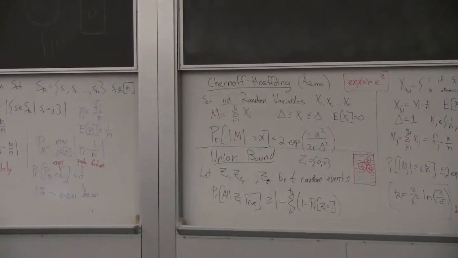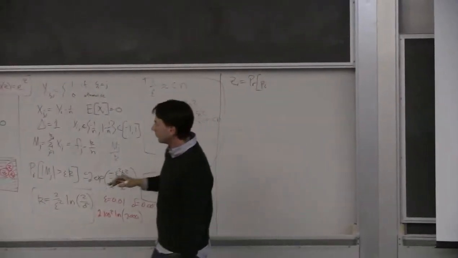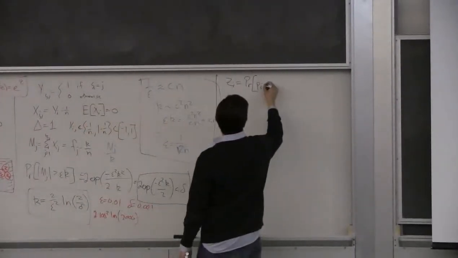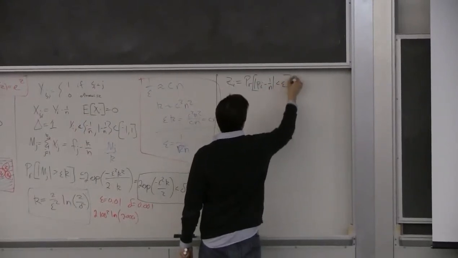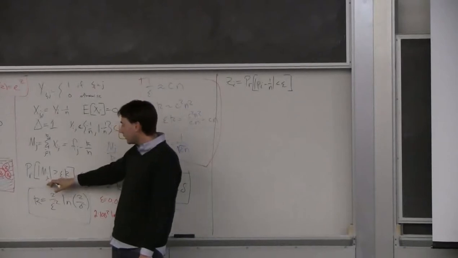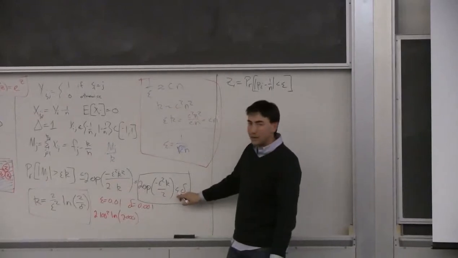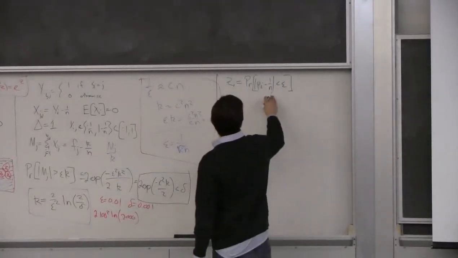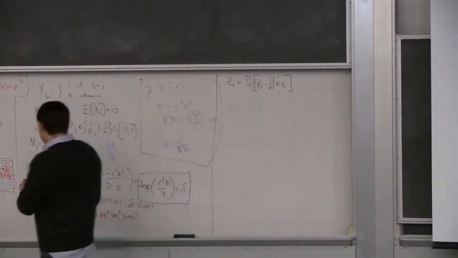So I will say zi is going to be the probability that this value, this empirical probability minus 1 over n, is going to be less than epsilon. Right, so if I divided through both of these by k, then this is exactly what this says. Or this is the opposite of that event. Okay, and I set this quantity equal to, this was bounded by delta, so if I say this quantity is equal to,